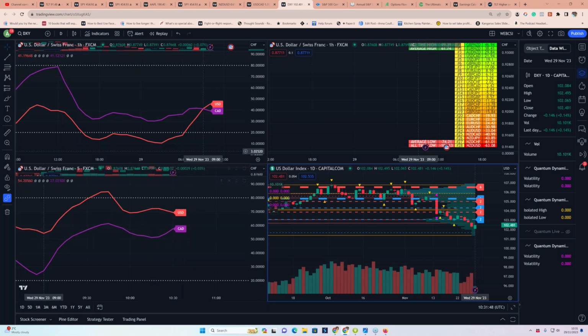On the hourly chart, we still have the dollar rising, and the CAD is possibly going to turn lower. We don't know. I would like to think about it, well, this is where we are at the moment, but what is coming up ahead? I'm not saying it's predictive, far from that, but it just picks up what is going on, as I said, on the hourly chart. But the dollar certainly looks as though it still wants to move higher.